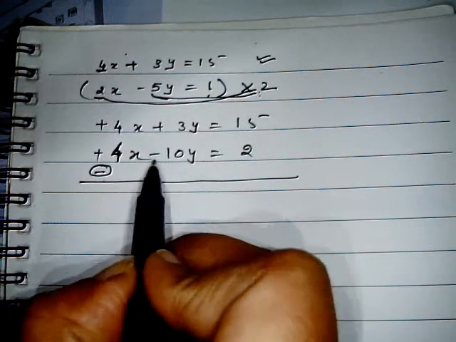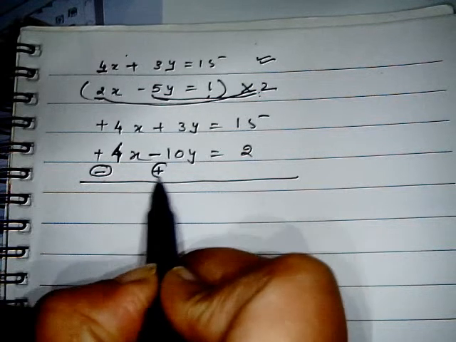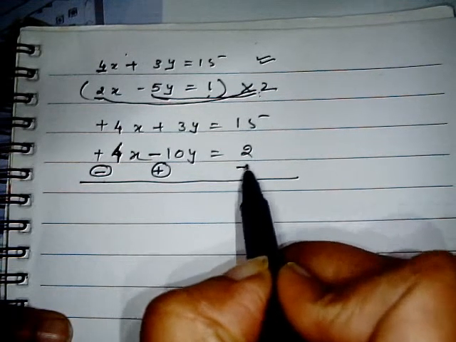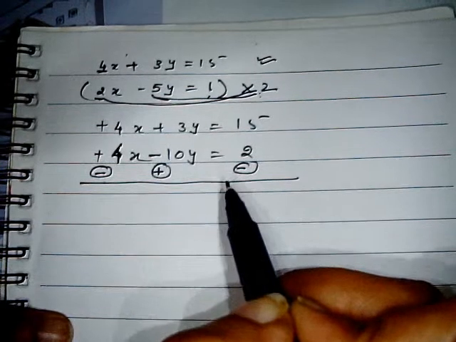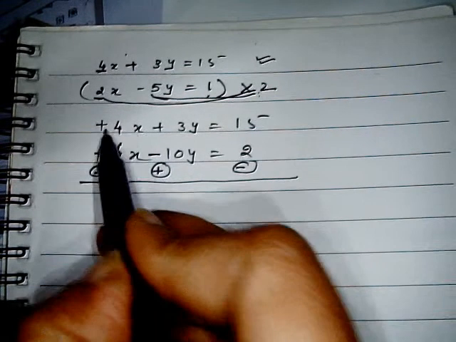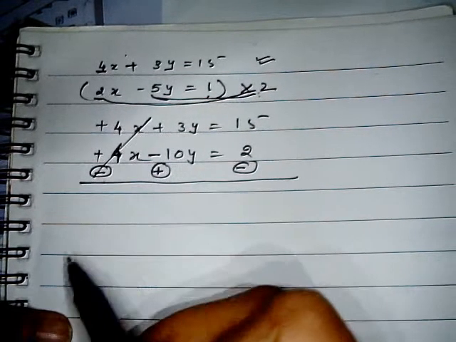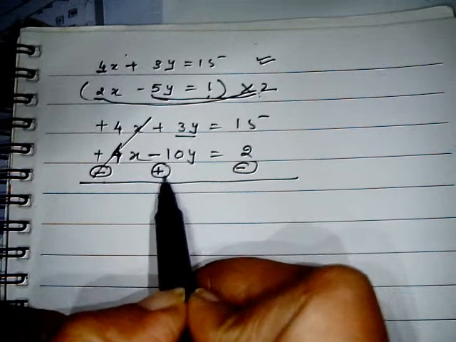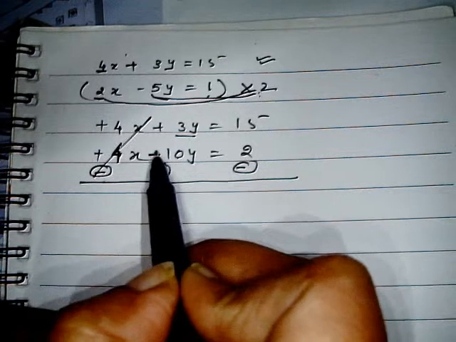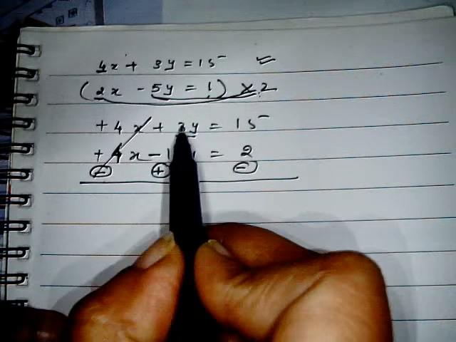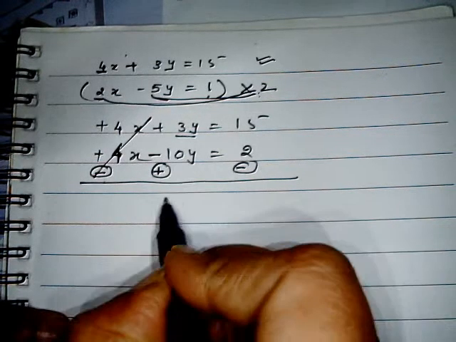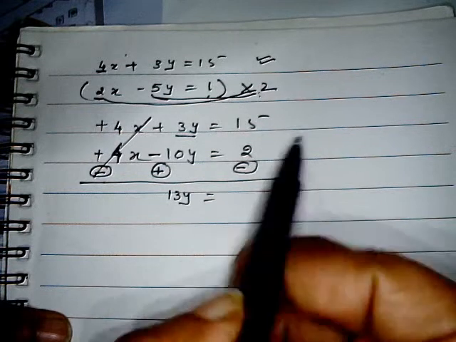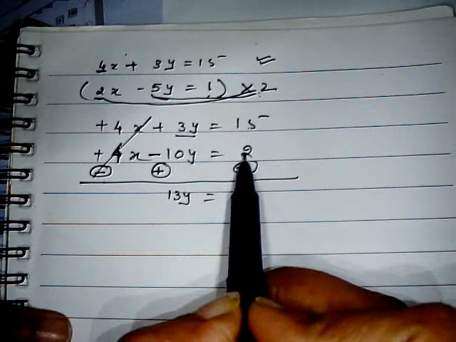Correct. Now this is positive x and this becomes negative, so they cancel out. Now this is 3y and this is positive 10y. This sign I do not need to consider now. So this is plus 3y and this is 10y, it is going to be 13y, and now 15 minus 2 is going to be 13. To remove 13, I need to divide both sides by 13. This also cancels out, so y equals 1.